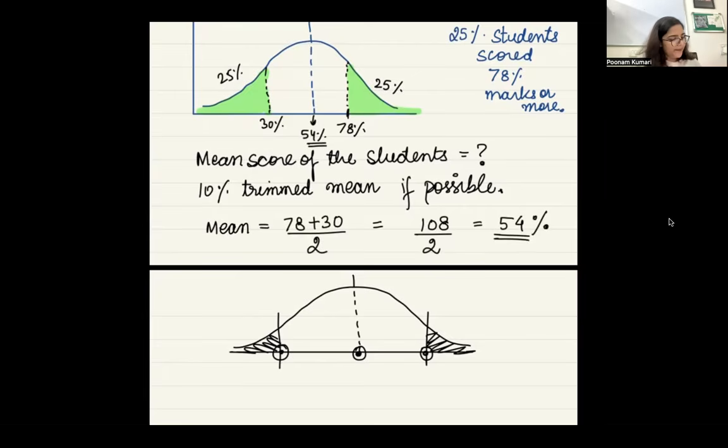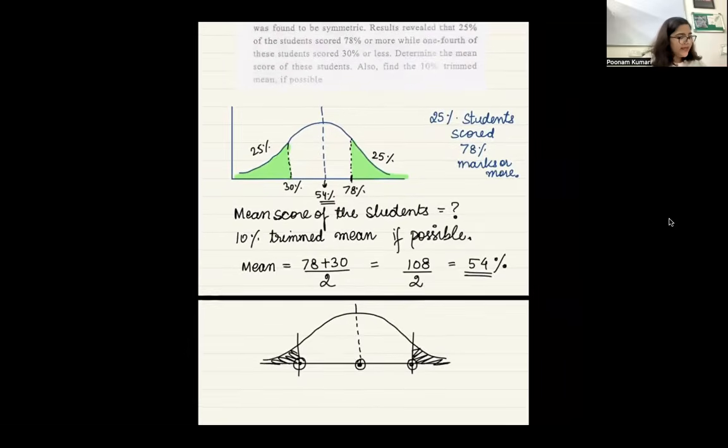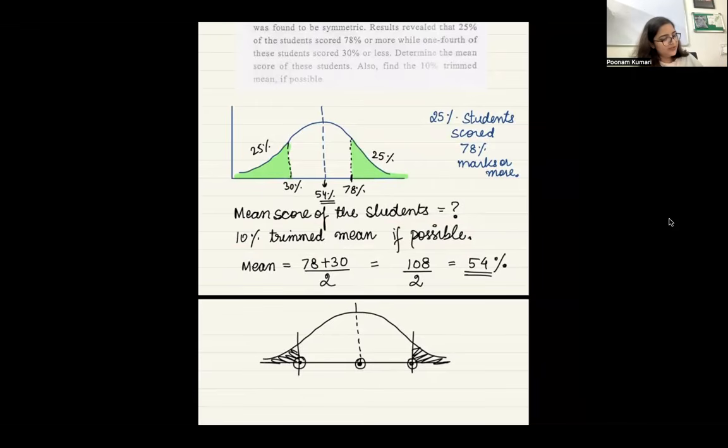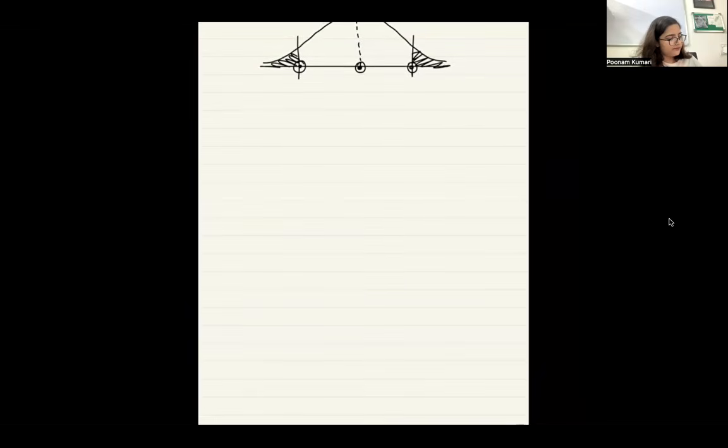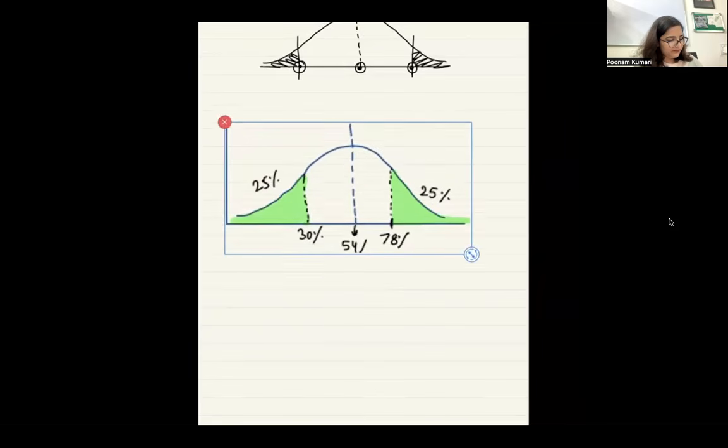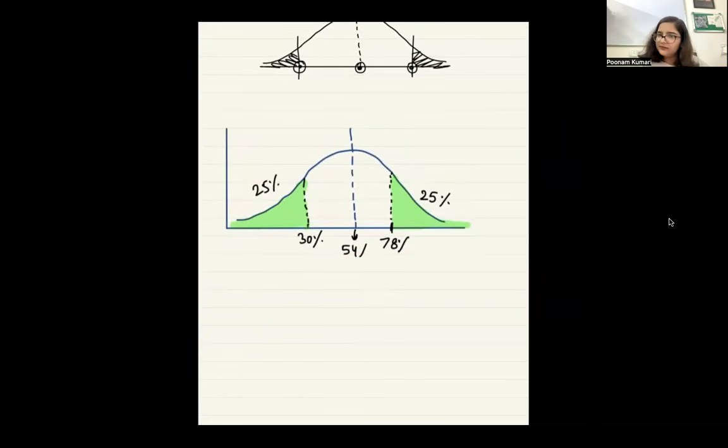Fine. Yes. Okay. So if this is clear, then you have to tell me, can you find 10% trimmed mean of this data? First of all, tell me what 10% trimmed mean would mean. What is a trimmed mean? Ma'am, we will remove the 10% data from left and right side both. And then we will calculate. Exactly. So if this question is saying you have to remove 10% points from the left side and 10% points from the right side.